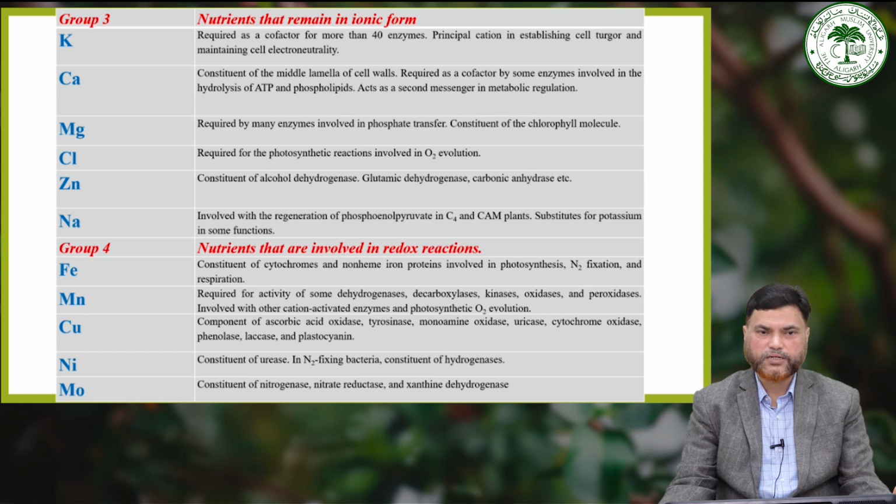Manganese is basically required for the activity of various enzymes including dehydrogenases, decarboxylases, kinases, oxidases and peroxidases. And in addition to this, manganese also plays a role in photosynthetic oxygen evolution. Now the next very important element present in group 4 is copper, which is a component of numerous enzymes involved in